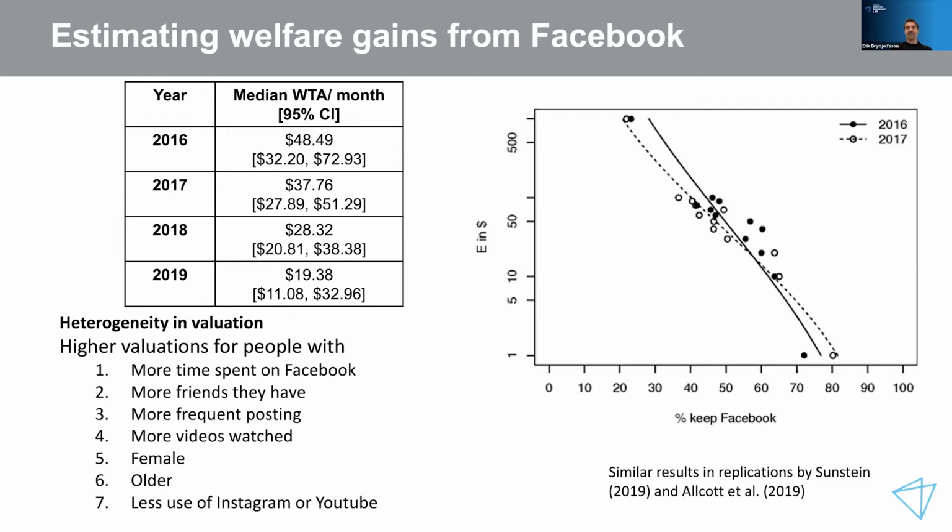And I should mention, since we did this, a number of other people have replicated it. There's a paper by Cass Sunstein, Hunt Allcott, and Matt Gentzkow et al. that came out in the American Economic Review that got very similar results to these numbers. So we sort of feel like there's increasing credibility that these are about the right estimates.